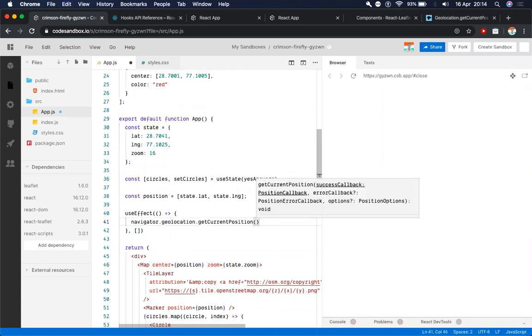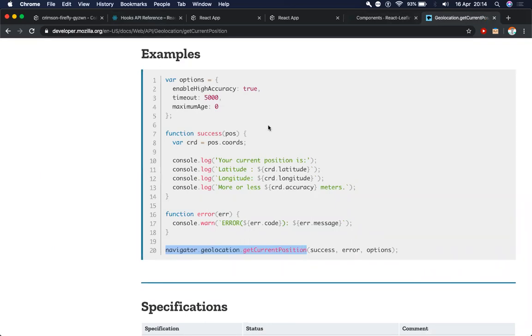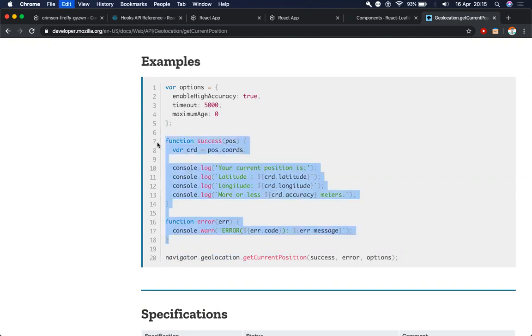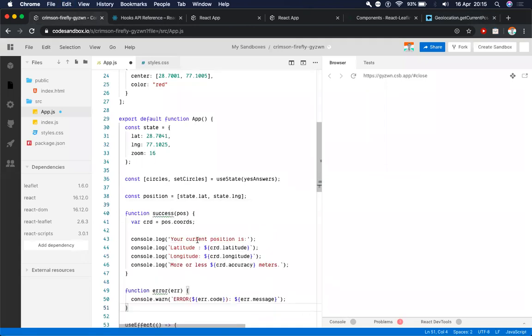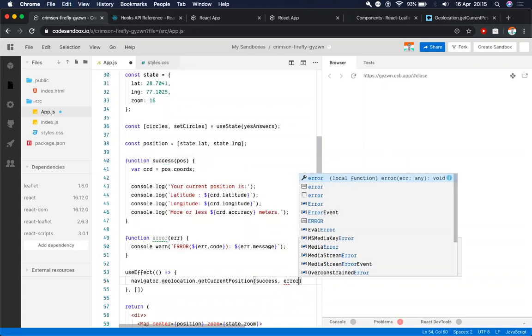I will call this function here. Let me see this again. For the success and error functions, let me copy them right now and pass them as parameters here, success and error.